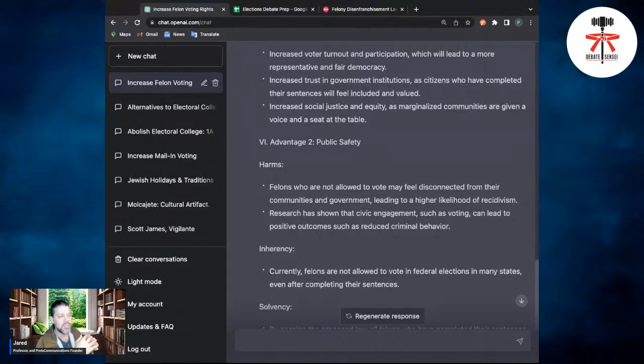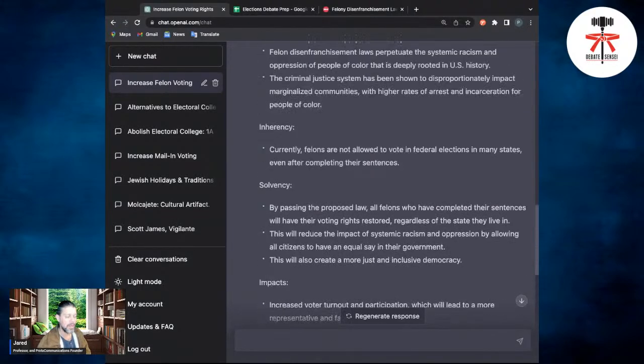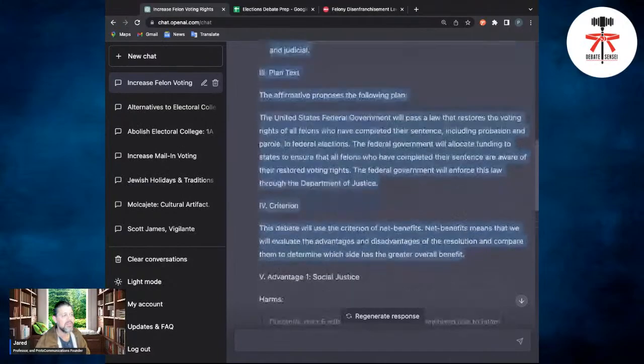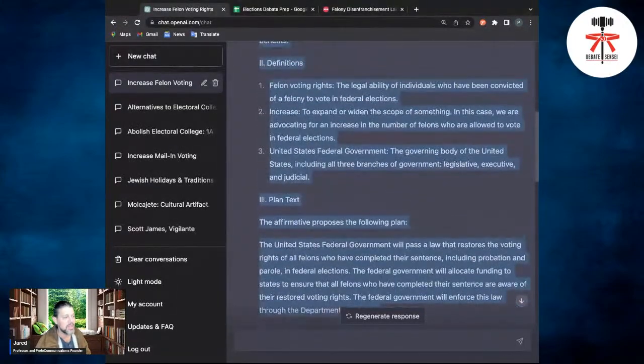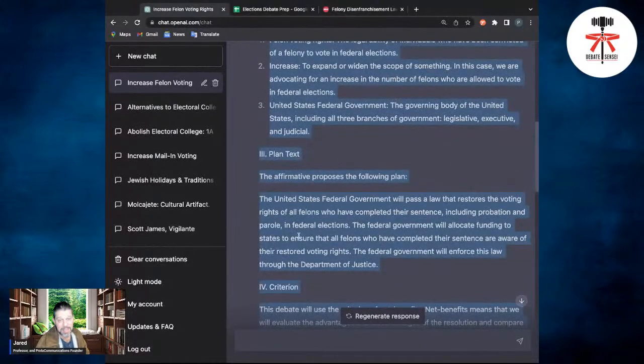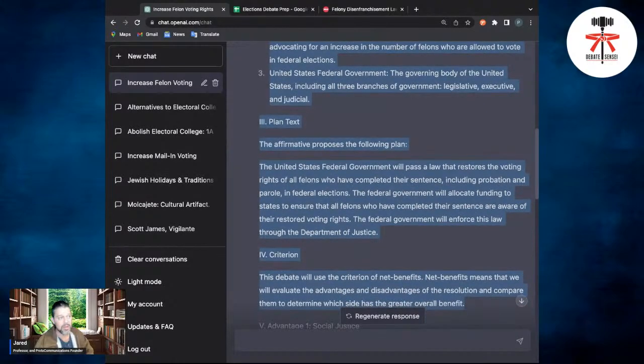Then you're throwing down the gauntlet for your opposition. It's kind of like, I've got two. Do you have any disadvantages? Let's hear them, and let's see if they weigh more than my advantages. That's why this first section is so important. You have to make sure you're laying things out. Specifically, the plan text is like your thesis. It's the central tenet of the entire debate, so you have to make sure you're choosing one that you're comfortable with.